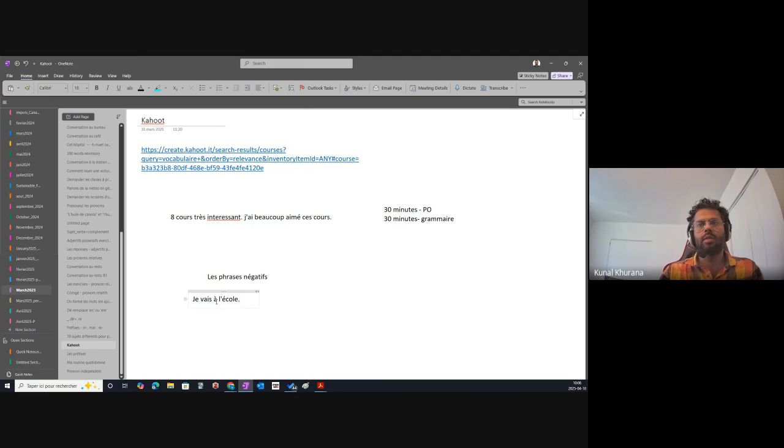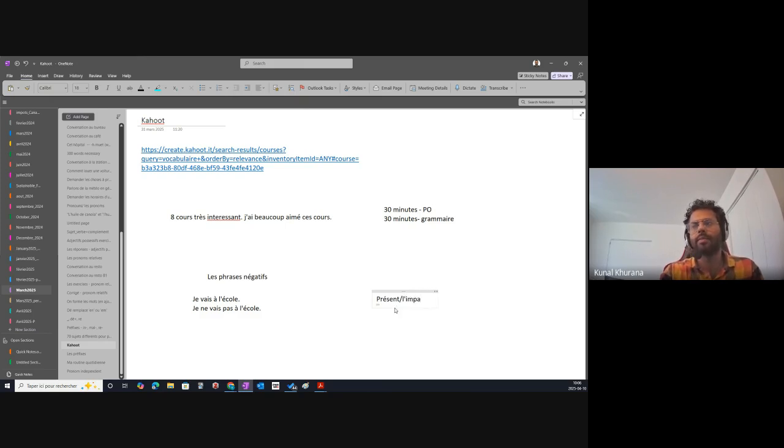So how we make a negative sentence out of that is that we just take the verb, we write ne and pas before and after that. Je ne vais pas à l'école. And the rest is the same. And it works really well for simple présent, okay,